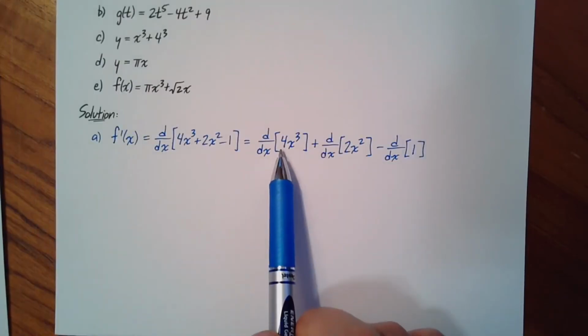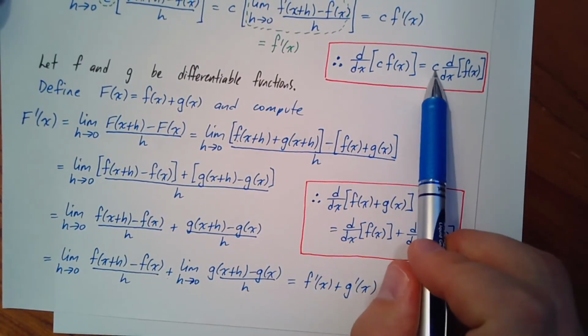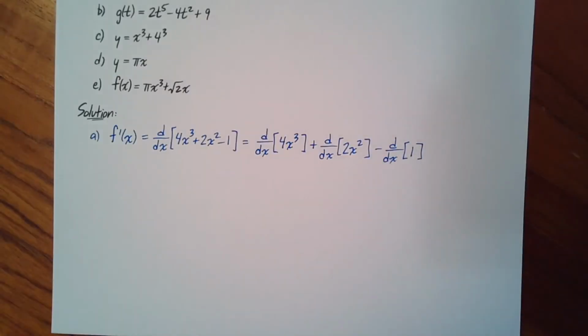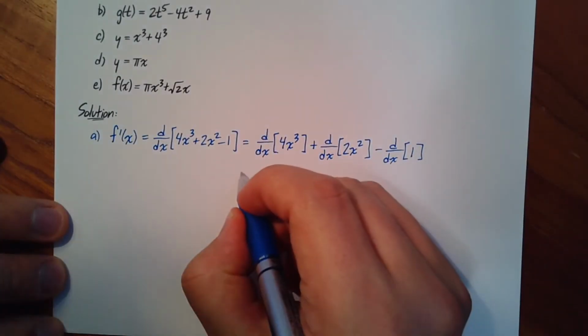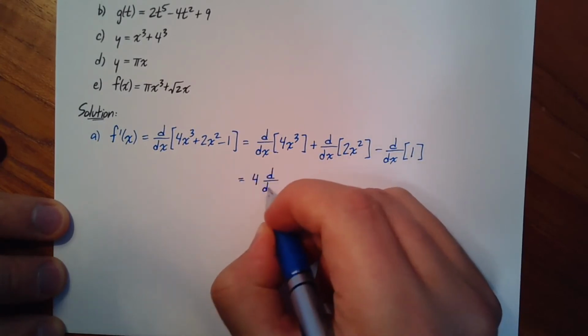That's what we have here, right? 4 times x cubed. Think of this as the 4 and the x cubed. Well, this rule just says the 4 can come right outside, and then you just take the derivative of the x cubed afterwards, right? So that's what we're going to do here. So the next step will be, I'll pull out the 4, so I'll get 4 times the derivative with respect to x